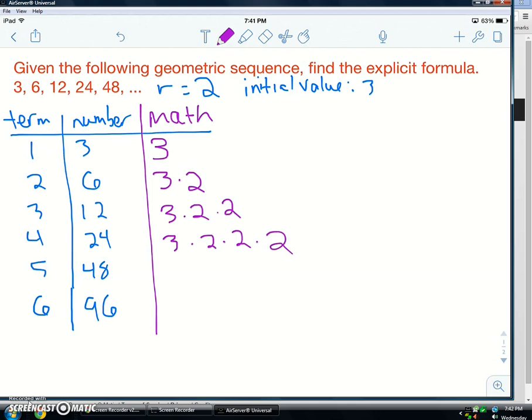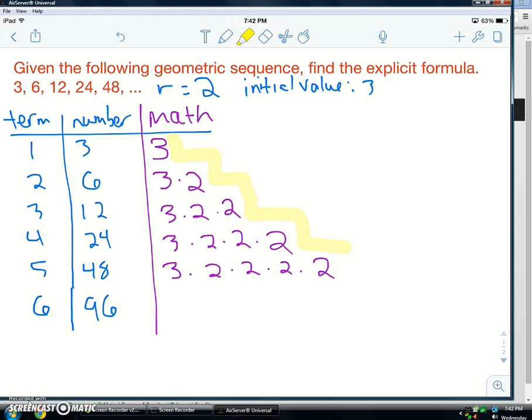And then we could do that one more time. So we take the previous term, 3 times 2 times 2 times 2. And to go to our next term, we simply multiply it by 2 once again. And I hope you can see what we're creating here. You can see this almost like we're building some steps here, right, in our sequence. And we could do the 96 as well, but I hope you can see that this is getting